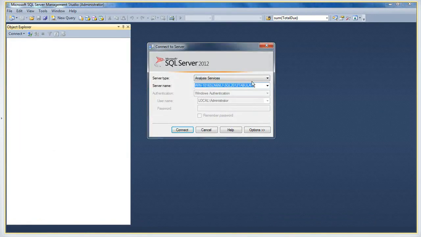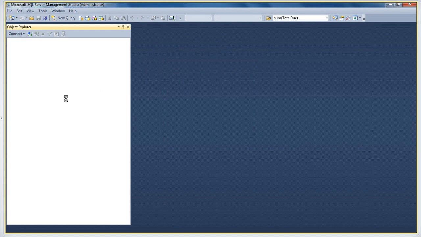And I'm going to connect in Management Studio to my Analysis Services engine, but not against my OLAP server, but against the tabular model. In Analysis Services, if you want to build both OLAP databases and tabular model databases, you have to have two different server instances. So I'll connect to that server instance. And one of the databases that we built a couple weeks ago was, just as soon as this gets its act together here,